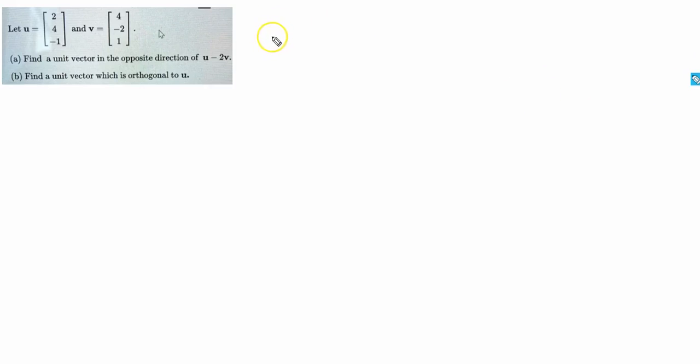Okay, so what we're going to need for your answer to A, if we want to find a unit vector in the opposite direction of u minus 2v, is the negative of 1 over the magnitude of u minus 2v, and then multiply that by your vector u minus 2v. So let's get at what the actual numbers are. So u minus 2v